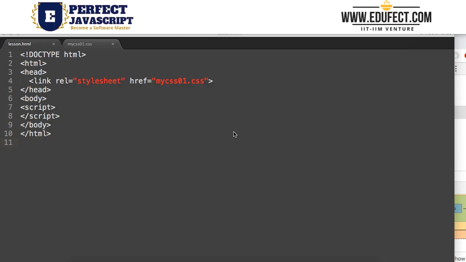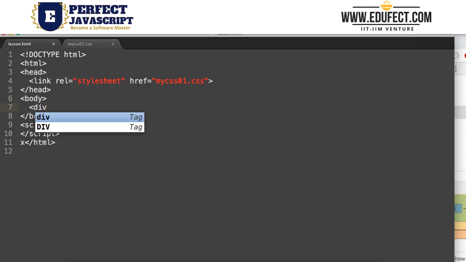In this lesson, we will learn about margin, padding and other aspects of CSS. So here, let's define it. So what do we have here? In our body, let's try and define something. So let me say